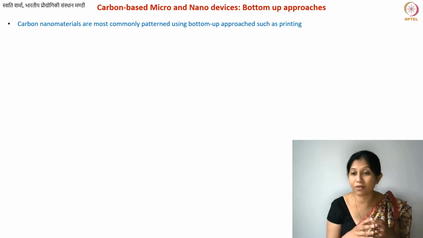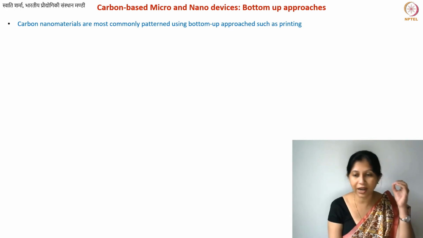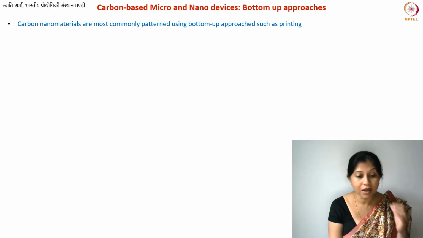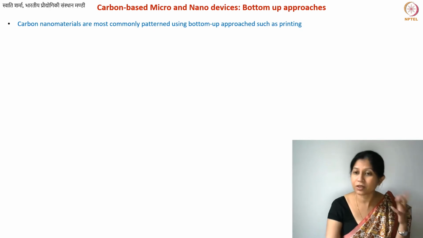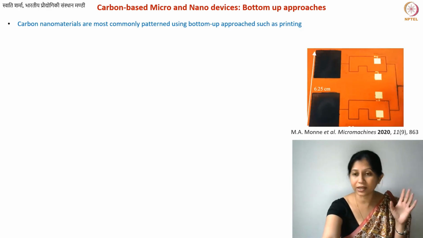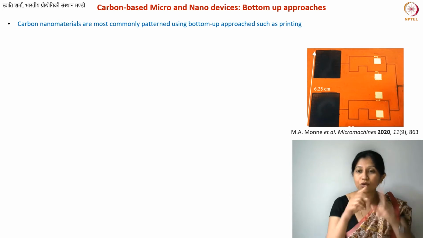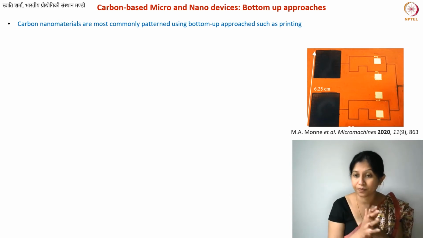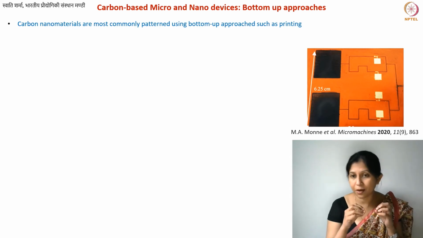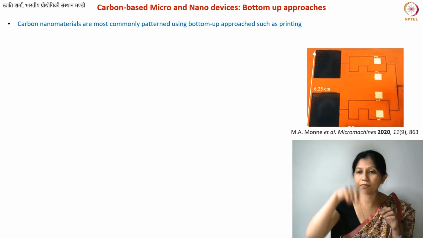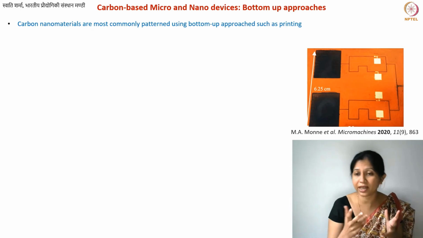All you need to do, however, is make sure that you have the right interface properties between your carbon nanomaterial and whatever binder or medium you have used. So, a commonly used technique is this; you will see these two black patches in this image. This is an example of a graphene based device. You can use graphene or carbon nanotubes or any other carbon material. You can make an ink, and then you can make large scale patterns also. Very small scale to large scale patterns can be made using these materials.